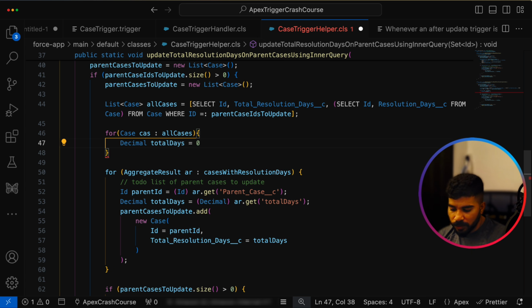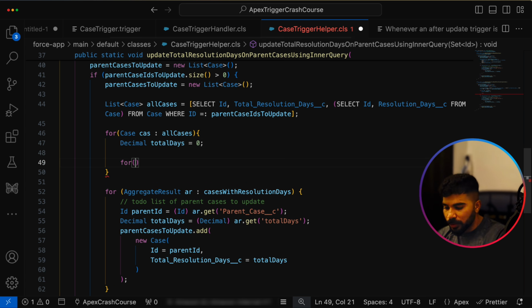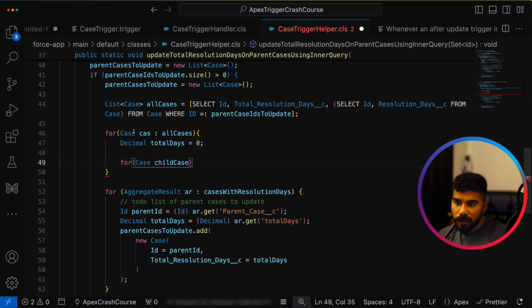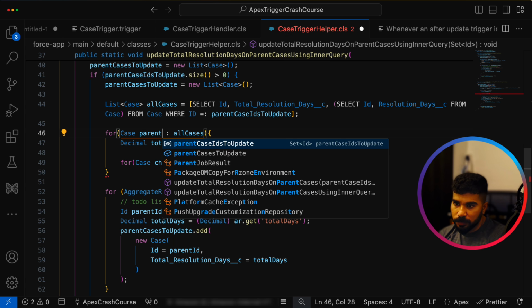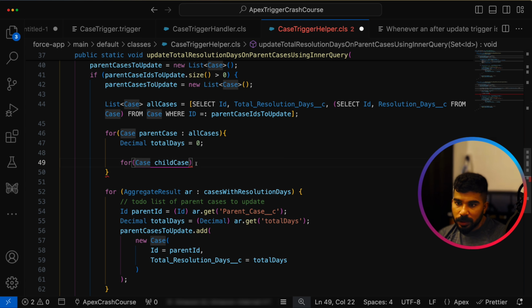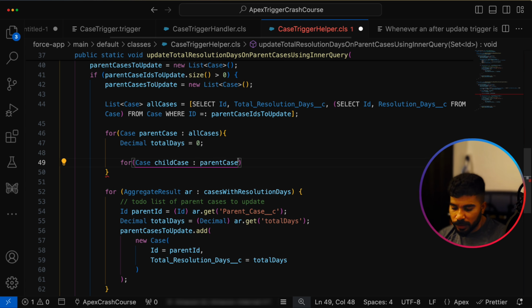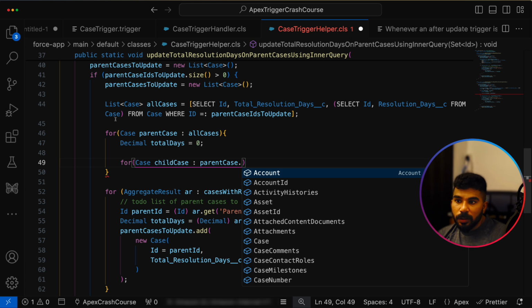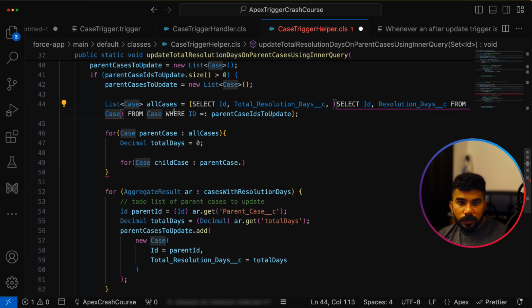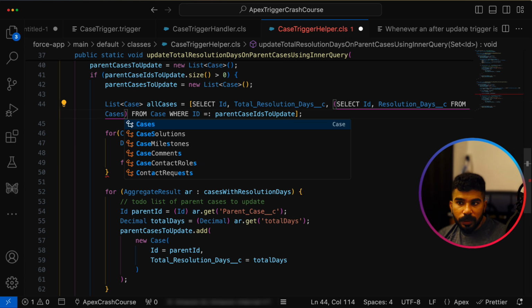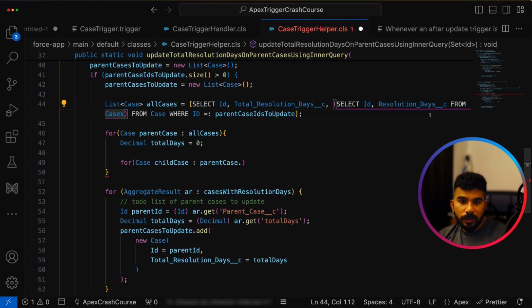Let's start with 0. Then we want to go inside the inner for loop, and here again we want to iterate over the cases, but this time child case. Let's call it parent cases, parent case, and the child case we'll get from the parent case, of course, right? Parent case. We also need to update this, I think, cases,